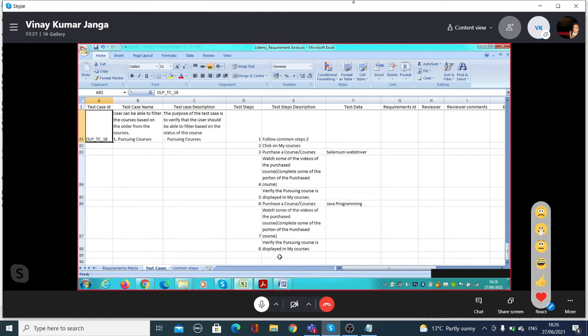Anyway, we have to write it as well. If you want to be specific, then number 8 should be locate the drop down field to filter the courses. You can write that down, that's good. Then number 9 would be filter by the pursuing courses. Then the next step will be verify filters.